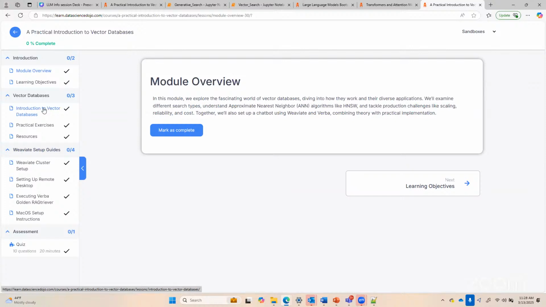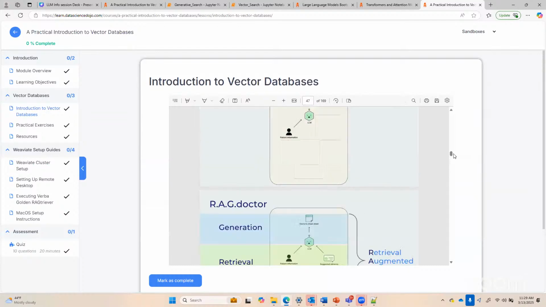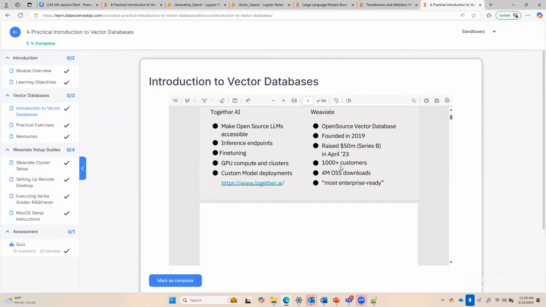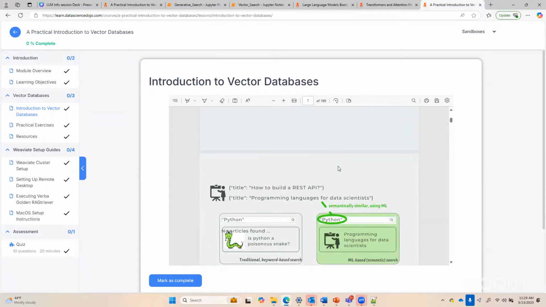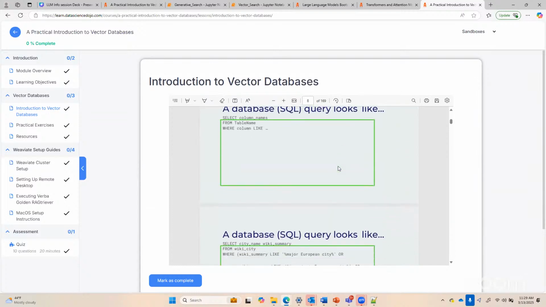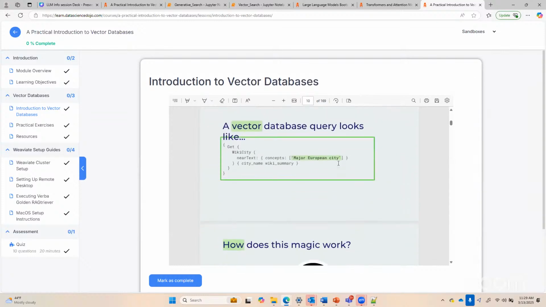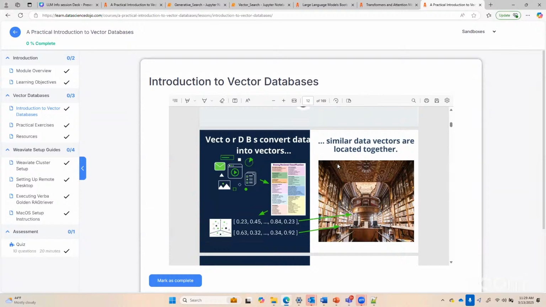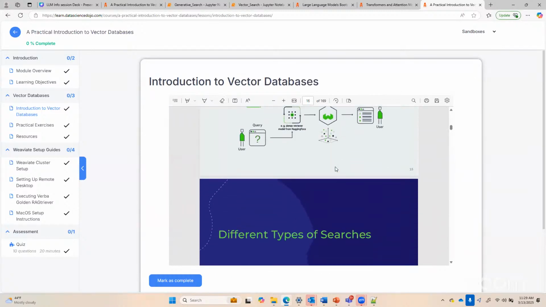So we have all the guides and everything set up here. And when I go here, introduction to vector databases, I will start with, well, what is a vector database? What does a SQL query look like? What does a vector database query look like? And then slowly, very slowly, we build the momentum and we talk about